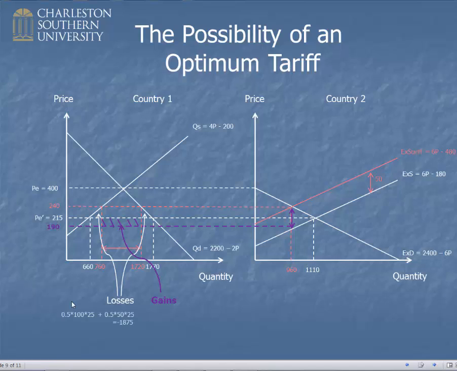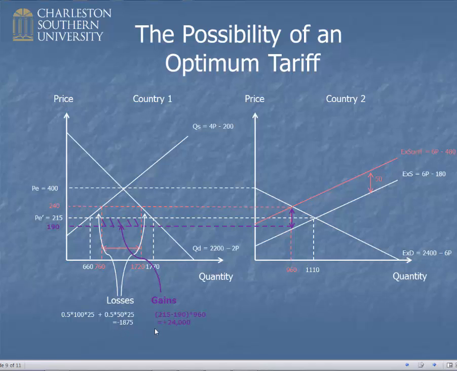and in this problem you can actually work it out. So the losses are these two little triangles. The area of a triangle is 1/2 the base times the height. So this little triangle right here is 1/2 times 100, because that's this distance, that's the base of the triangle, times 25, that's its height, plus this triangle over here, which is 1/2, its base from here to here is 50, and its height is also 25. So when you work that out, it turns out that the losses are